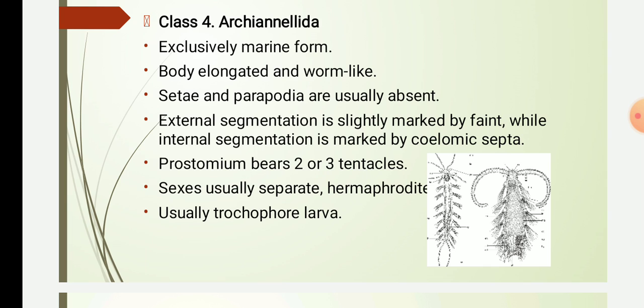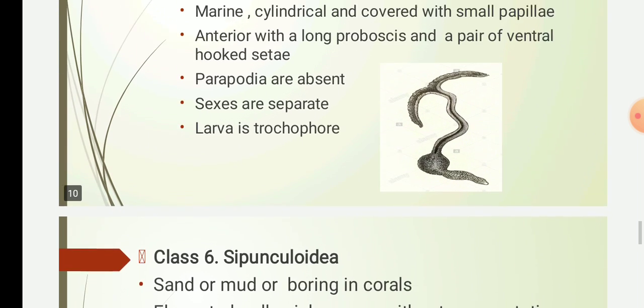Okay, the common example is this picture of Nereis. Nereis is an example of Archiannelida. Then the next class is class